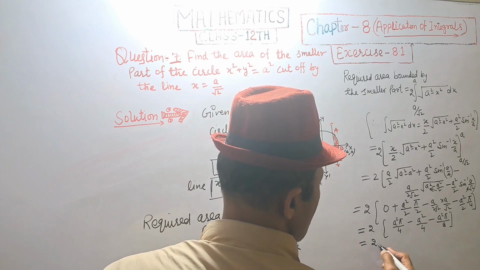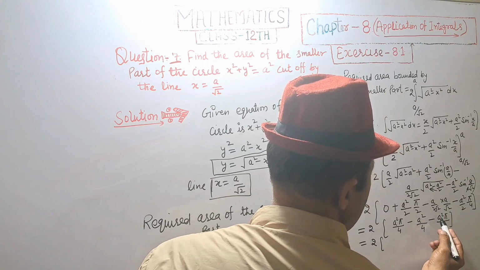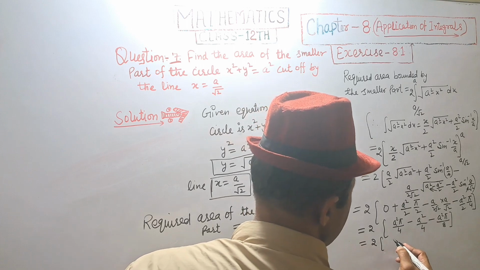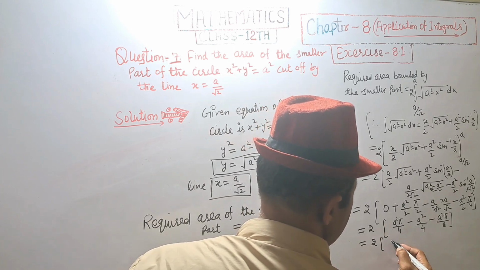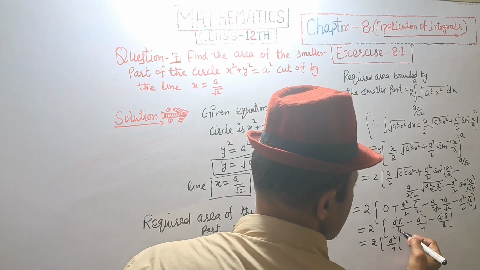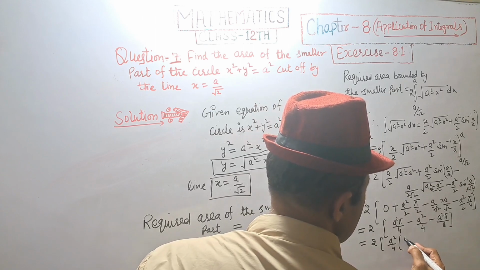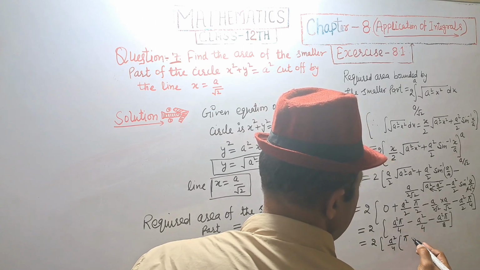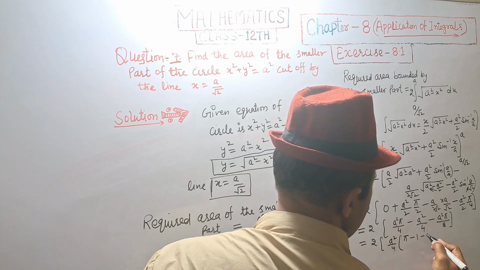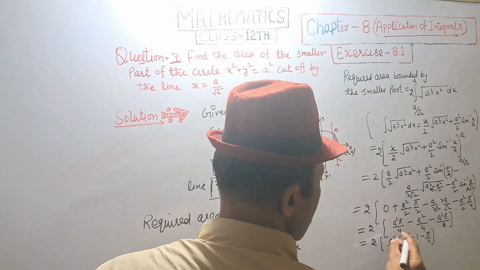This is equal to 2 into a square, taking common a square upon 4, in bracket pi minus 1 minus pi upon 2, and a square upon 4 in common,